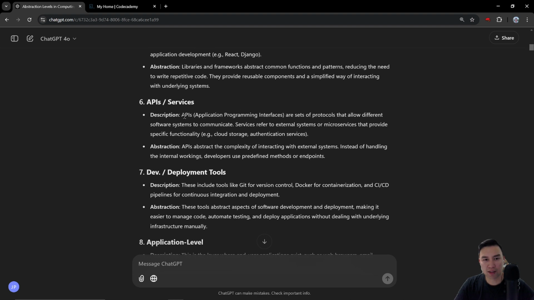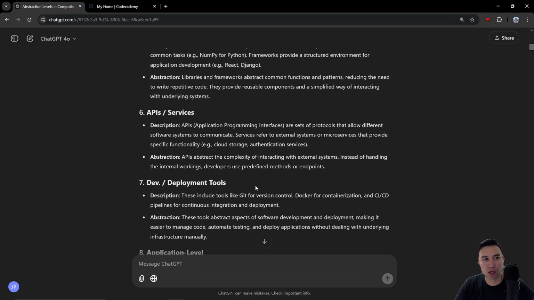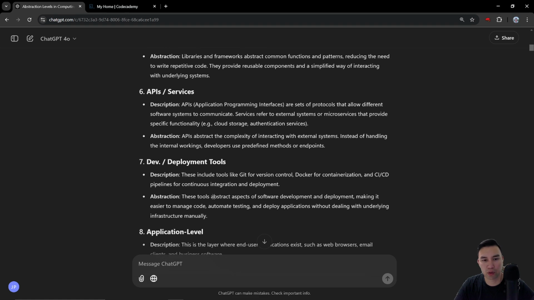But yeah, APIs, application programming interfaces. This is something that's new to me. Before, when I was new to YouTube, you'll notice that most of my YouTube content was within the ChatGPT 4.0 UI.